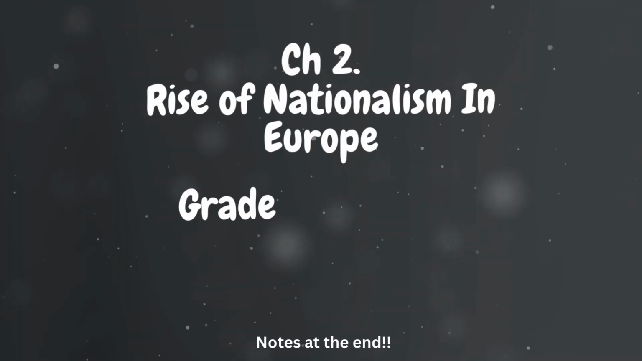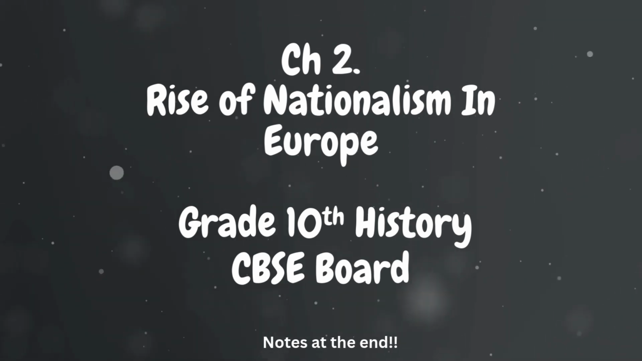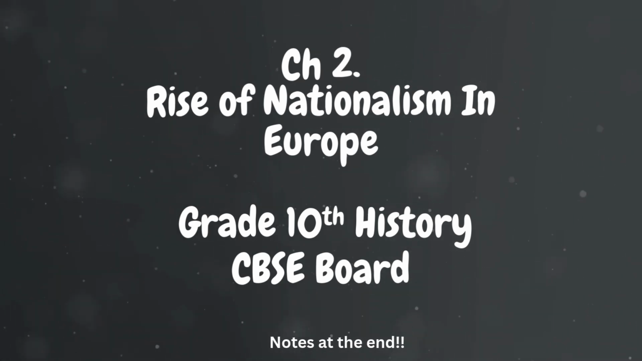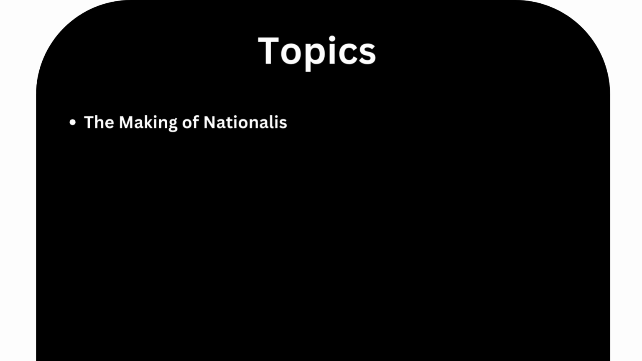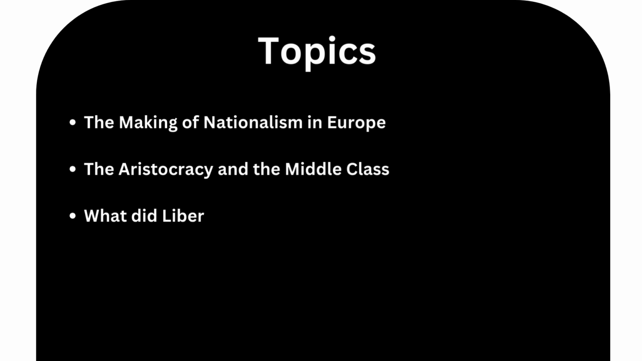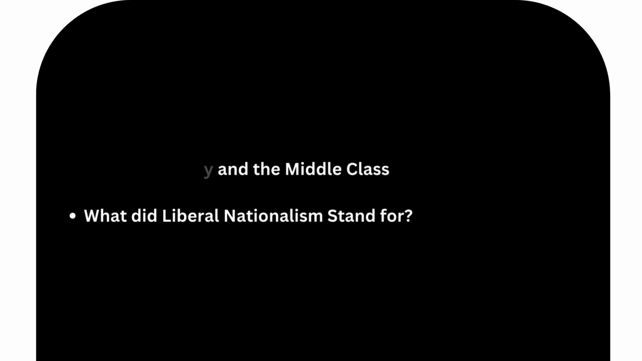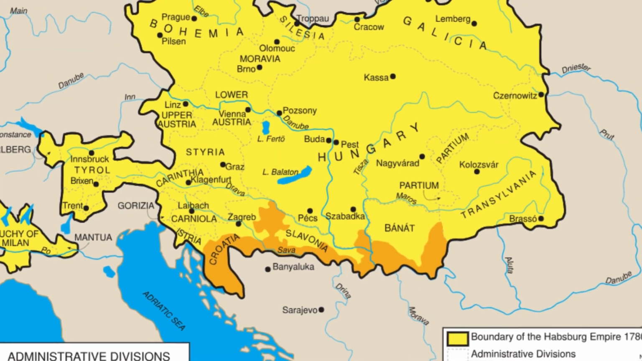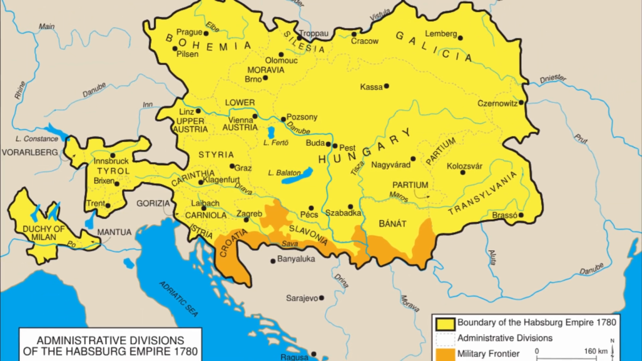Today, we are continuing with our class 10th history chapter 2, The Rise of Nationalism in Europe. We will cover the making of nationalism in Europe, the aristocracy and the middle class, what did liberal nationalism stand for. Let's begin by taking a closer look at the Habsburg Empire, one of the biggest examples of this mixed